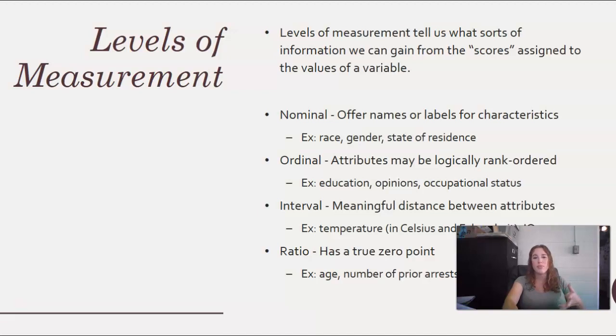You can do the same thing with number of prior arrests. If you've been arrested 0 times, then that 0 is meaningful. It means that you have 0 arrests, no arrests. You have 1, that means you've been arrested once. You have 2, that means you've been arrested twice. And you can say that 2 is double the amount of 1, because again, the 0 is meaningful. So sentence length, income, those things are all ratio level measures. So different variables are going to be measured in different ways. And so some of them are just inherent. Like you can only do gender as a nominal variable. You cannot do it in any other way.